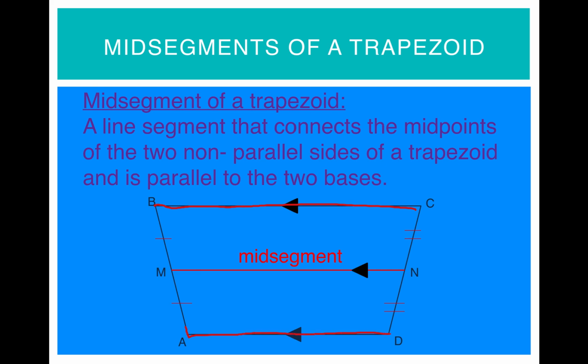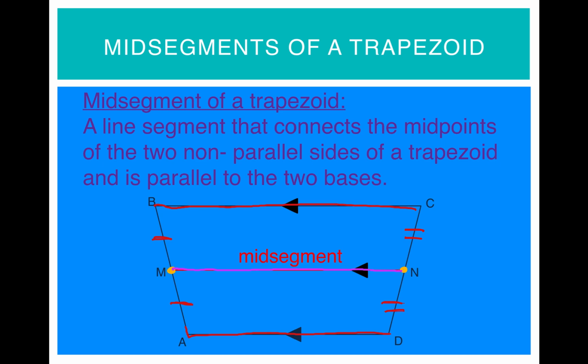Then if we look at our two legs and we find the midpoints of our two legs, the midpoint of leg BA is going to be M right there, and that divides it into two equal halves. BM is congruent to MA. And if we look at the midpoint of the other leg CD, that's N, which splits it into two equal halves. CN is congruent to ND. Then if we connect those two midpoints,